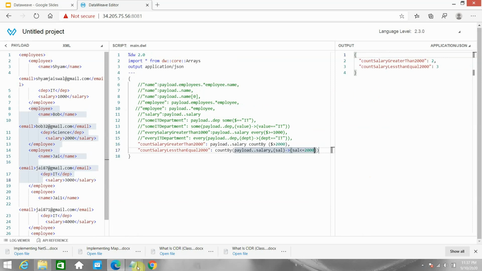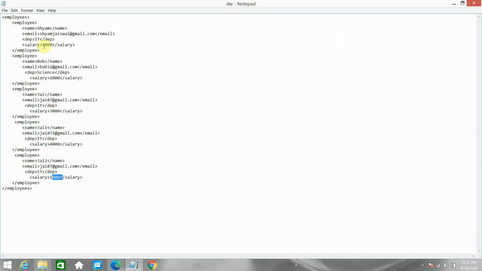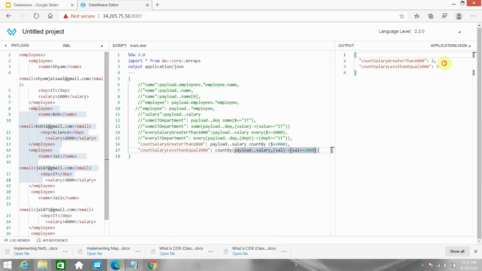There are 3 employees. Let me check: 1000 is less than or equal to 2000, yes. 2000 is less than or equal to 2000, yes, it also meets the condition. 3000 and 4000 don't match, and 1000 matches. So there are 3 employees.